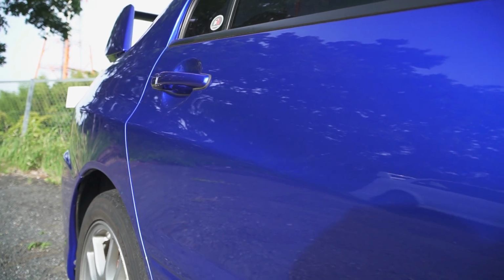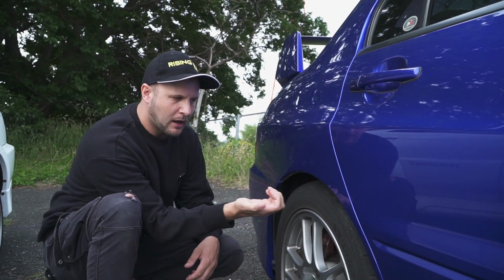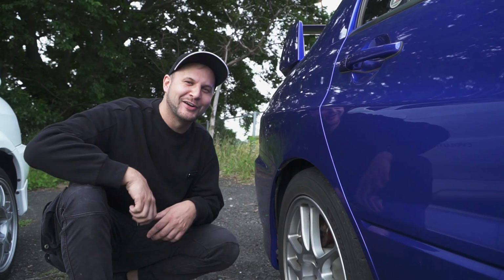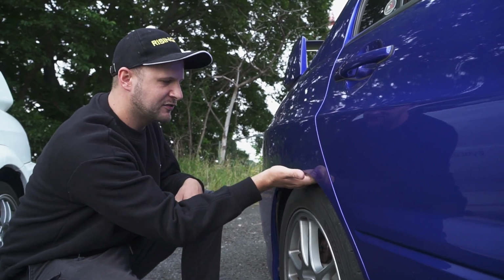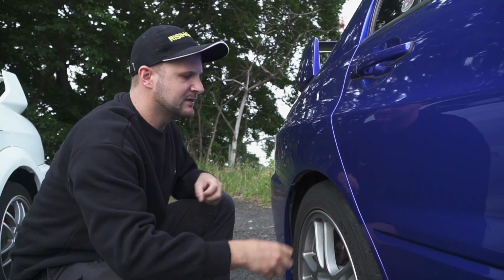Bodywork on it, 4.5 grade, a real one, and this is what it should look like. One thing I like to do is use my hand, wrap it around on the inside of the fender. Some cars have rolled fenders, and I know a lot of clients don't like it, so that's one thing that we do like to point out. I can get on there, roll my hand around, there's no dirt and stuff inside there, and I can give it a nice pull, and there's